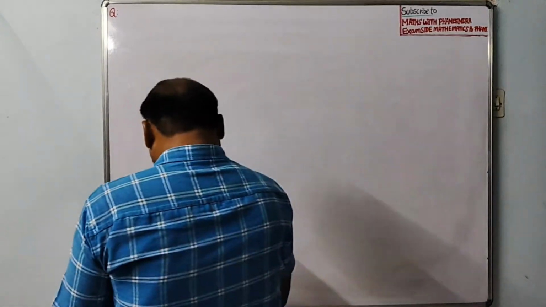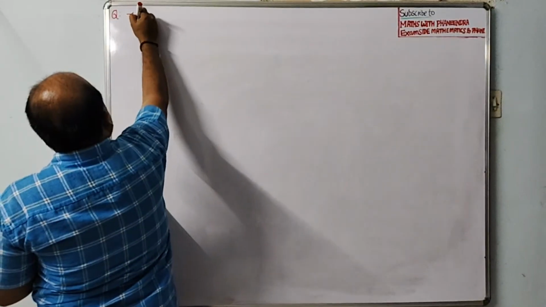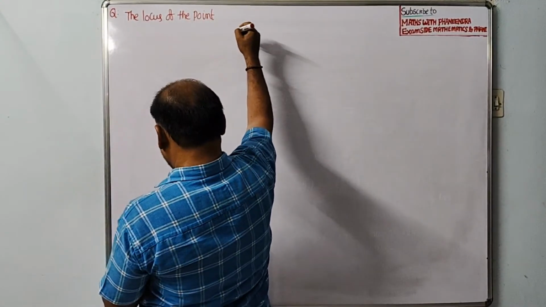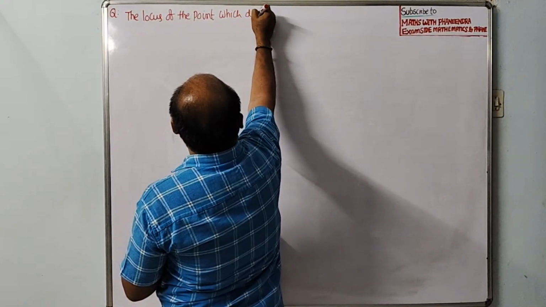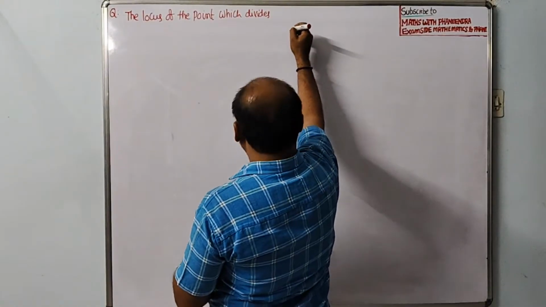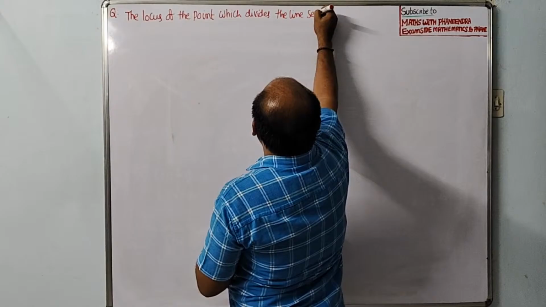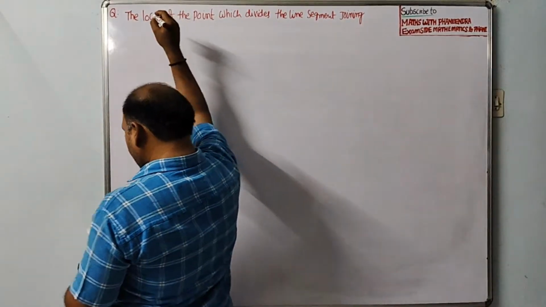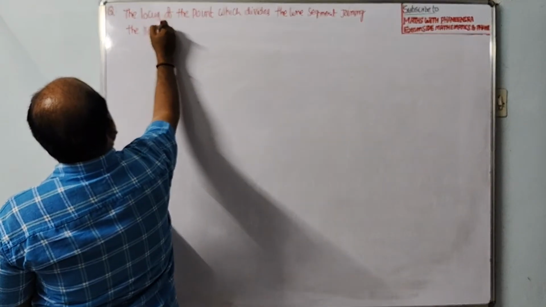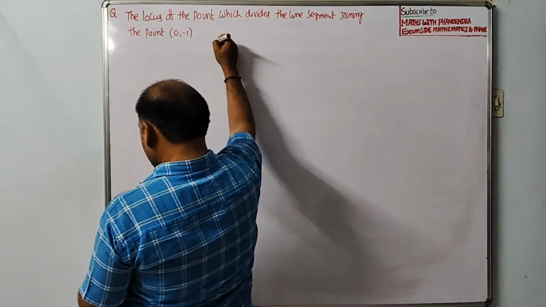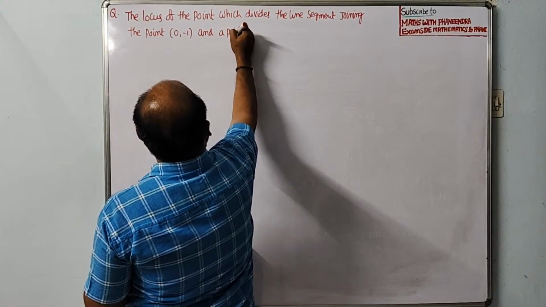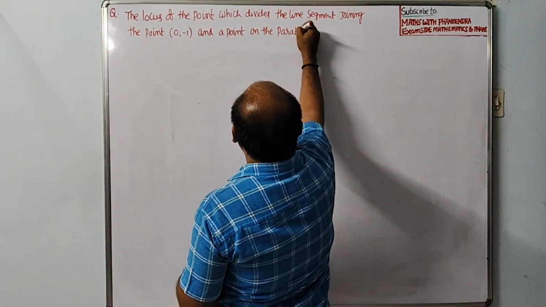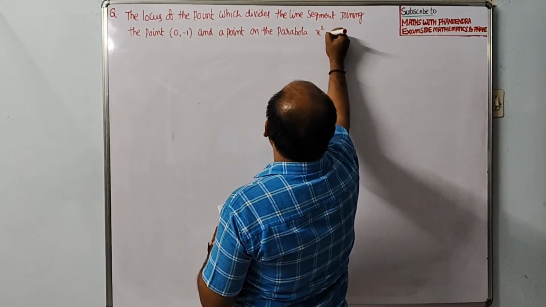Yeah, the next question is this. The locus of the point which divides the line segment joining the point (0, -1) and a point on the parabola x square is equal to 4y,